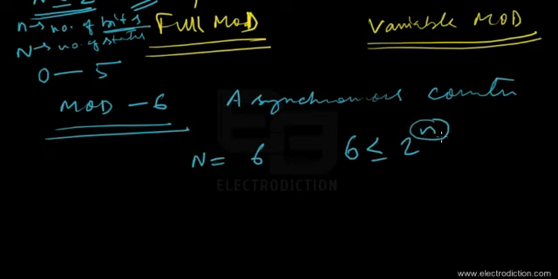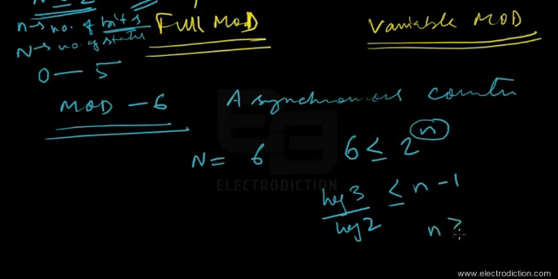With this calculation, if we apply log on both sides and calculate the value of n, it would be something like this: n minus 1 equals log 3 by log 2. You can try this out yourself. It's just 9th grade mathematics. So if we calculate the value of n, we'll get n greater than or equal to